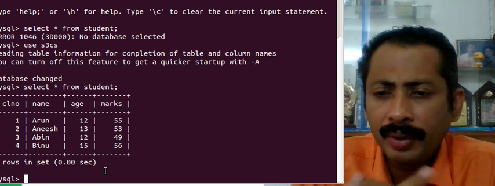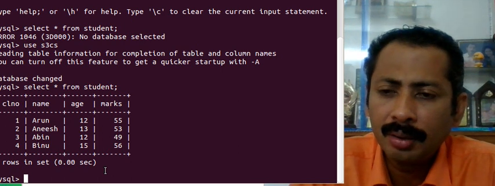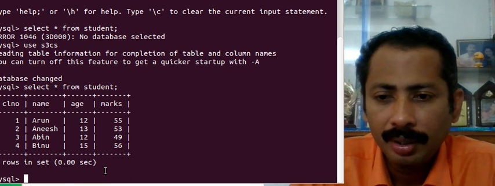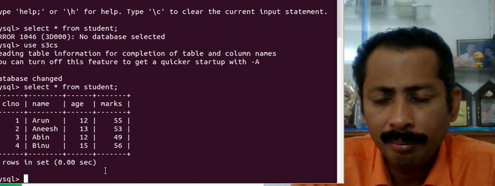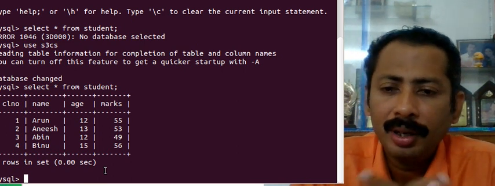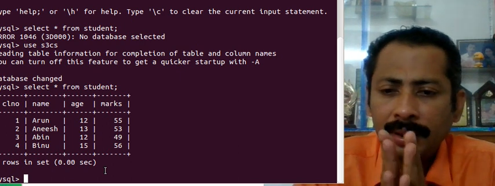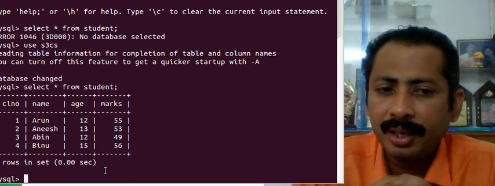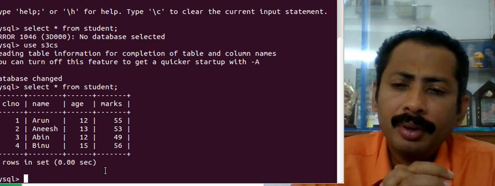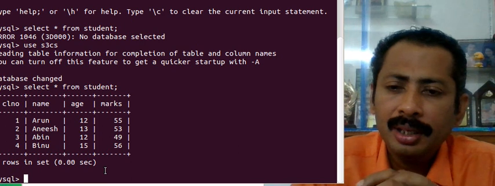Okay, or we can specify like this, change the mark of the student having name Arun, or we can say change the mark 55 as 60. But in all these conditions there can be some difficulties.